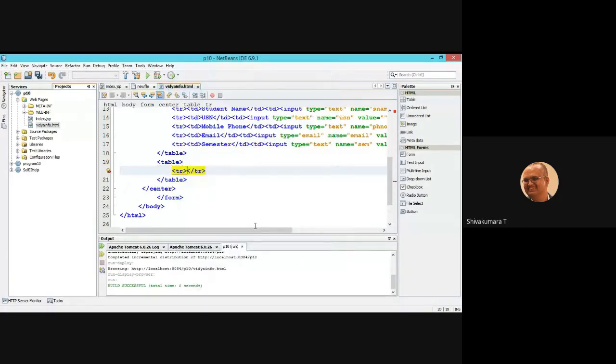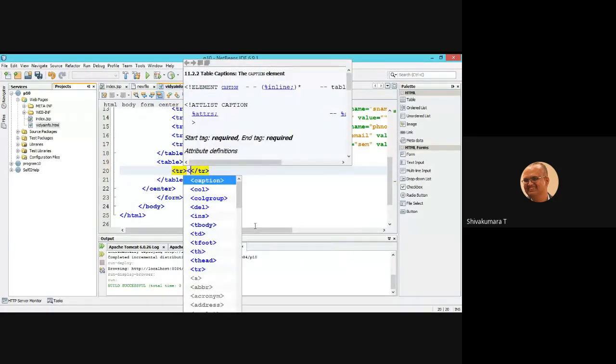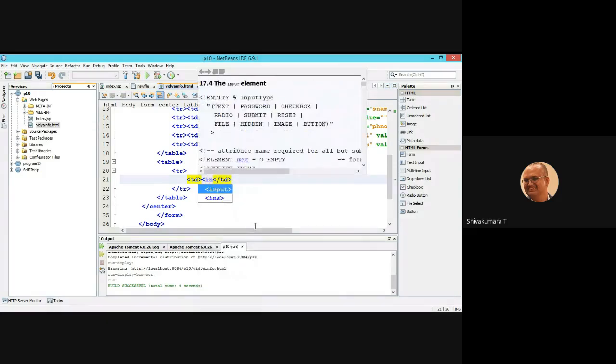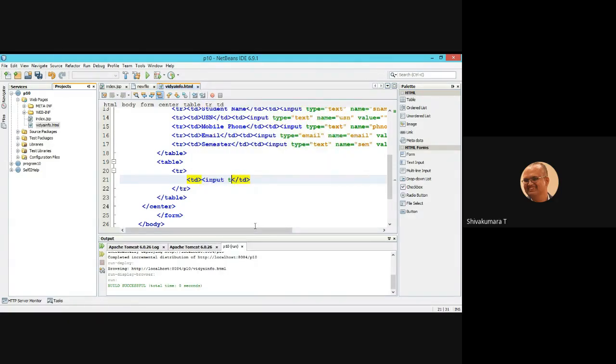Table row, single row I am creating with single column. So first button is input type equal to submit,